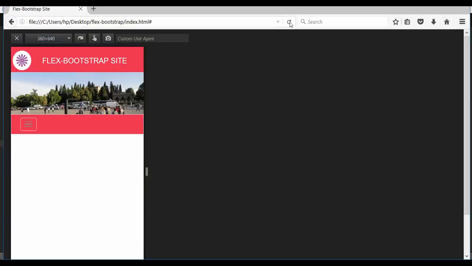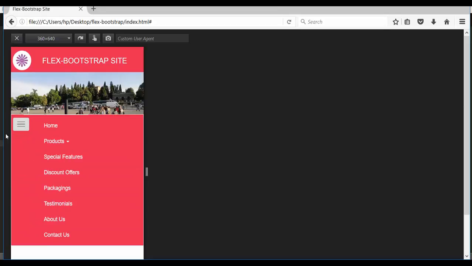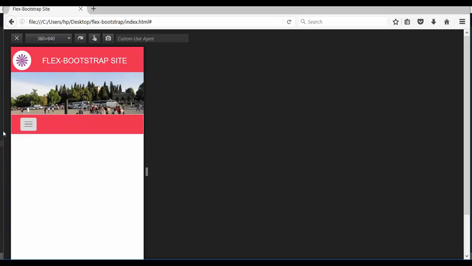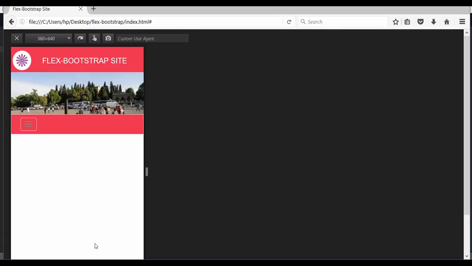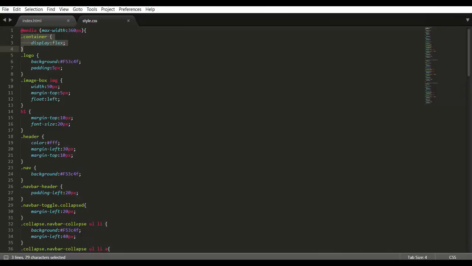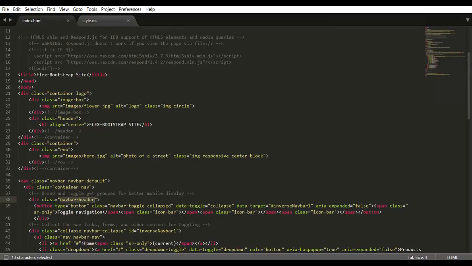And if you refresh the browser, you will find that the toggle is still visible now. It is not moving to the left. So this is how the toggle will work in 360 pixels. The second option is devising this 360 pixels in the Bootstrap way. For the Bootstrap way, in 360 pixels, we have defined the container to be display flex. That is because we wanted this logo and the image to float next to each other. So we said container display flex. Now even for the navigation, since we have a container inside,